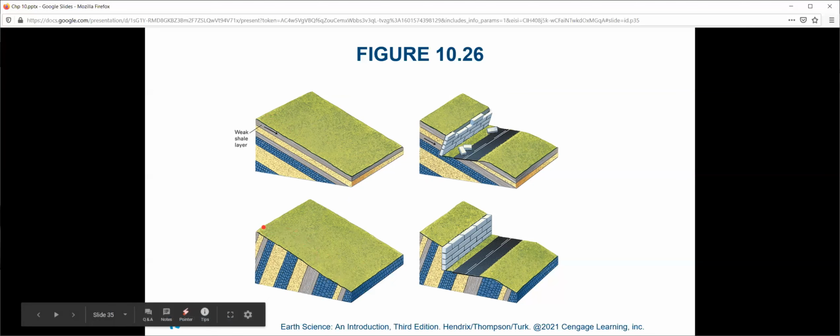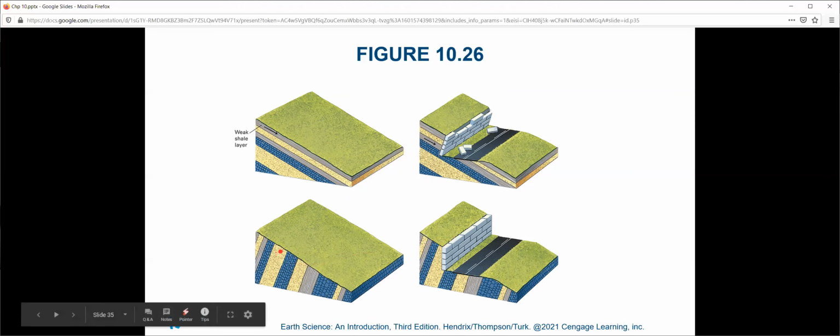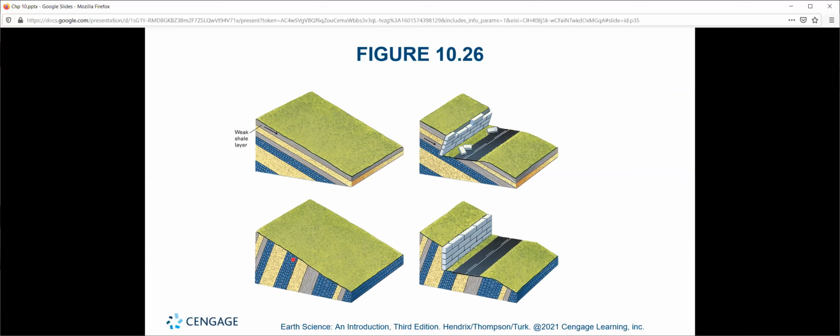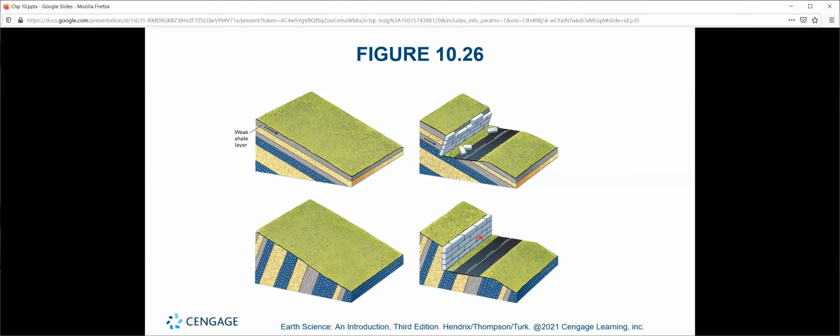But if the layers are, for example, rotated up in this manner via tectonic activity, then all of a sudden you have a situation where this sandstone, for example, that's stronger than the shale, doesn't really want to fall downhill necessarily because it's being butted up by this very strong granite or whatever that blue rock is. So this isn't going to want to move because gravity wants it to go downward into itself more so than down the hill. So your retaining wall is supported by the outlying geology of the area, thereby creating, lucky for you, a well-supported structure.